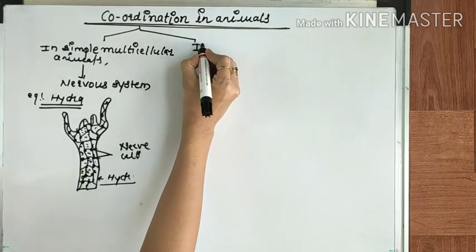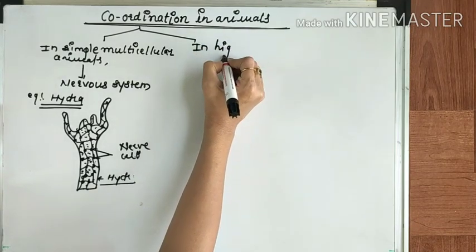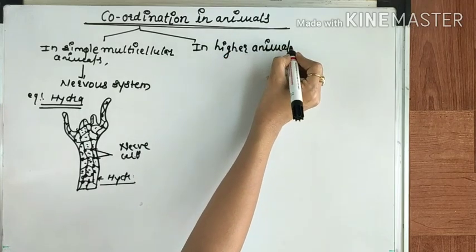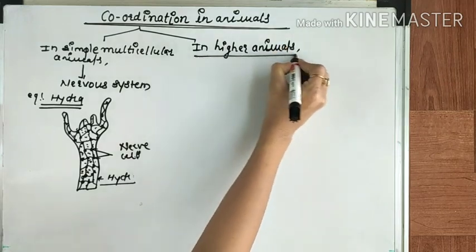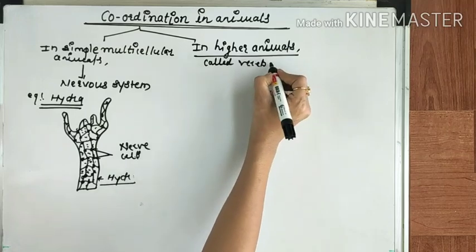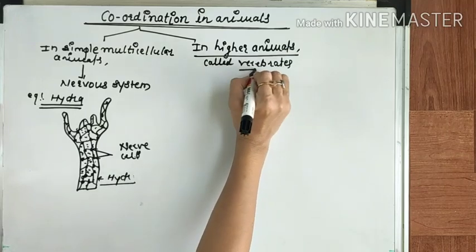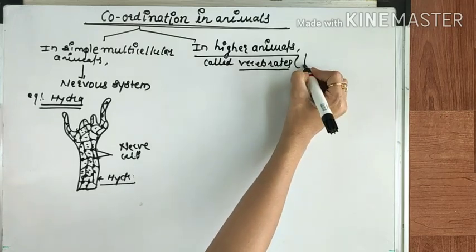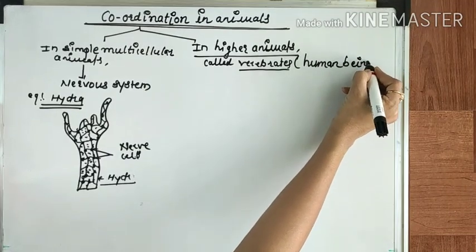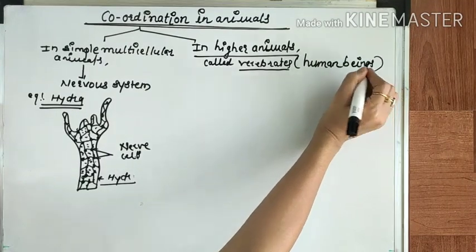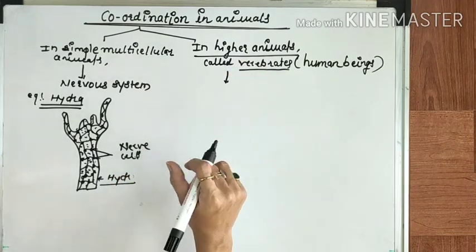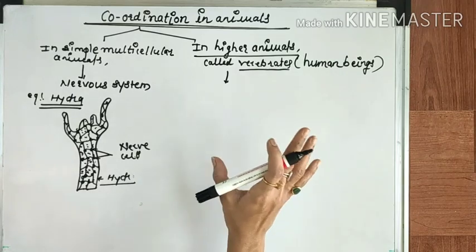Okay, then what about higher animals? Higher animals are generally called vertebrates, I mean those with a vertebral column, including human beings. So in higher animals, especially vertebrates, including human beings,